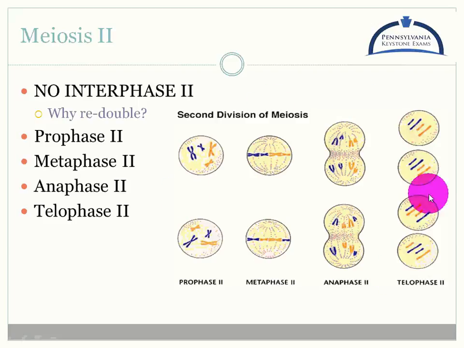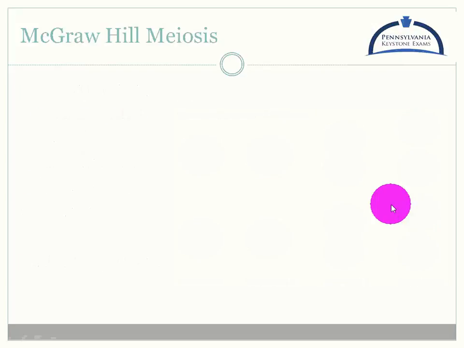This one is almost identical to mitosis. Meiosis 1 is more different. At the end of this, you get 4 cells, 1, 2, 3, 4, and each one is 1n, and it has 1 set of 23. So if this were a sperm and this were an egg, 23 from sperm plus 23 from egg equals the 46 of a normal adult. McGraw-Hill also has a very nice animation of meiosis, so to sum everything up, we're going to watch that one.